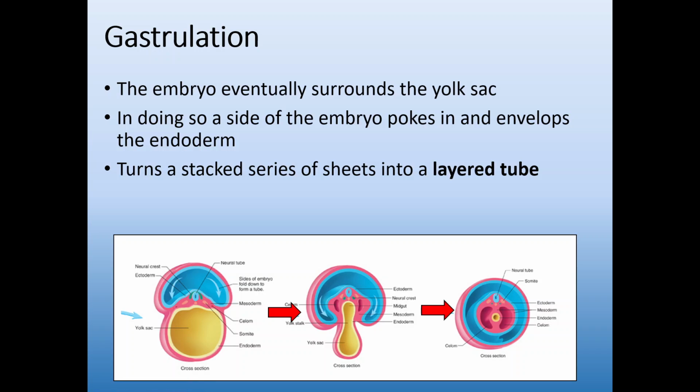So again, another visual. Water balloon is a good one. You take your water balloon and you start pushing into it with your finger. It physically has to fold around that structure. This will continue to happen. We'll continue to get this enveloping until finally the ectoderm and the mesoderm completely surround the endoderm on the inside. Whew. I have another visual.